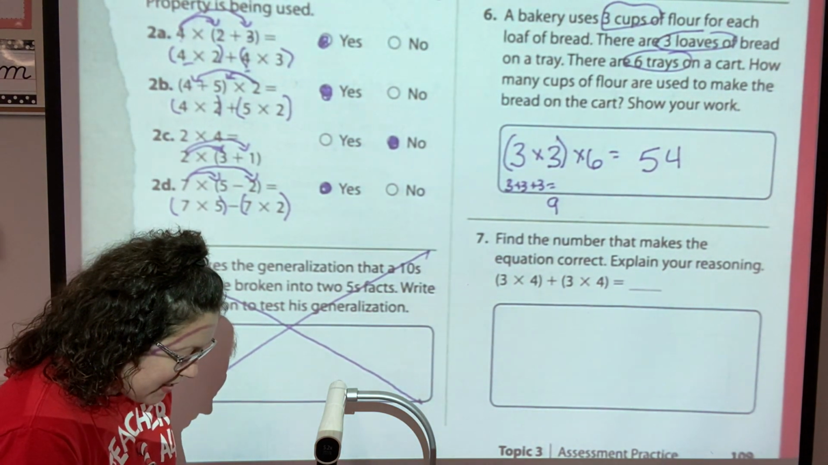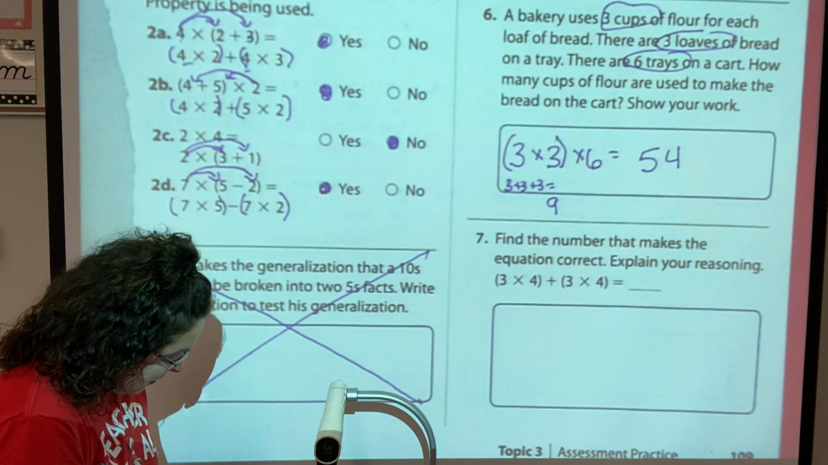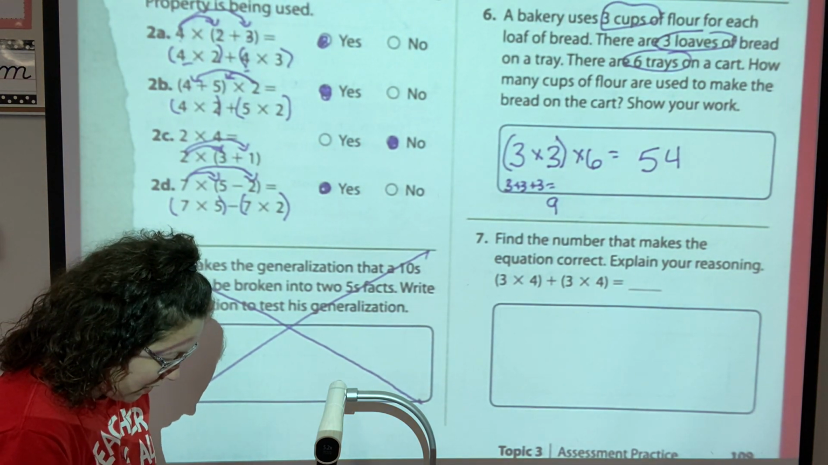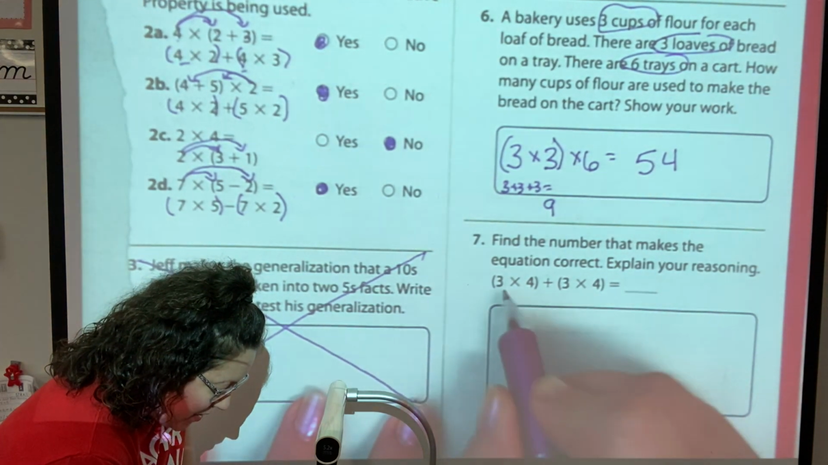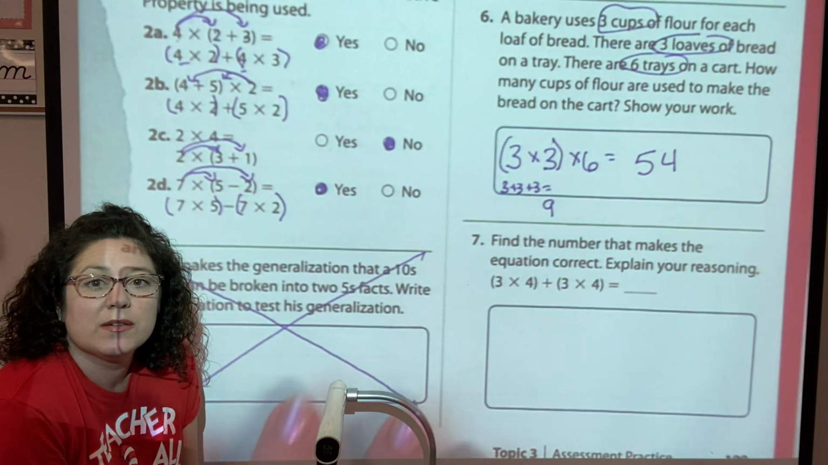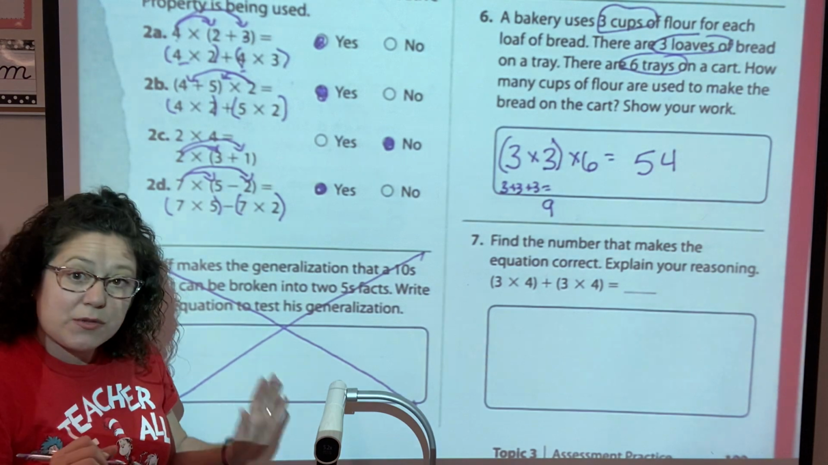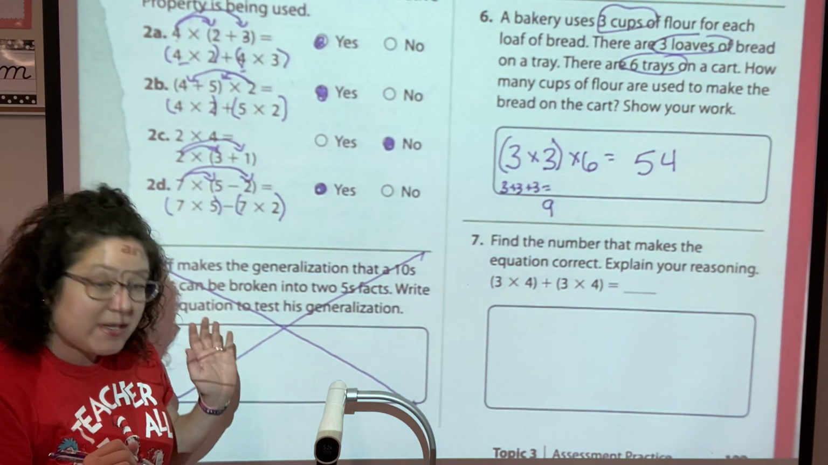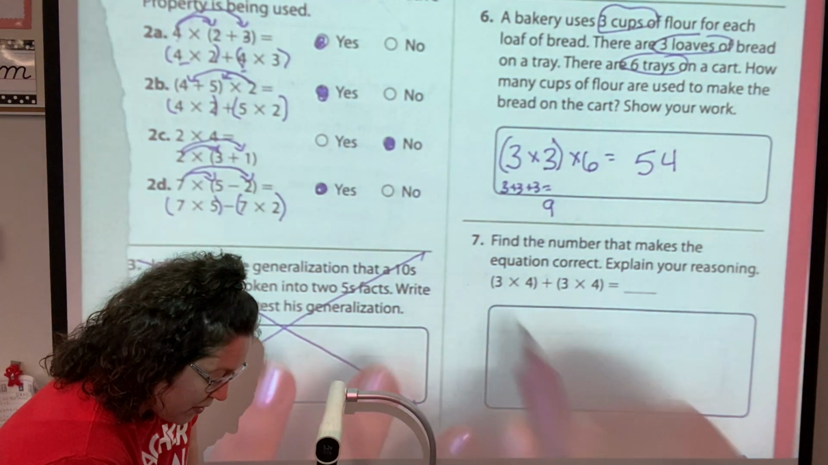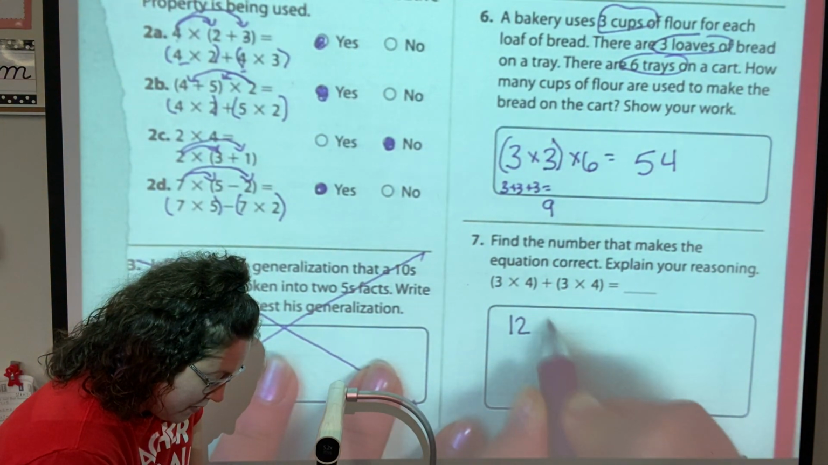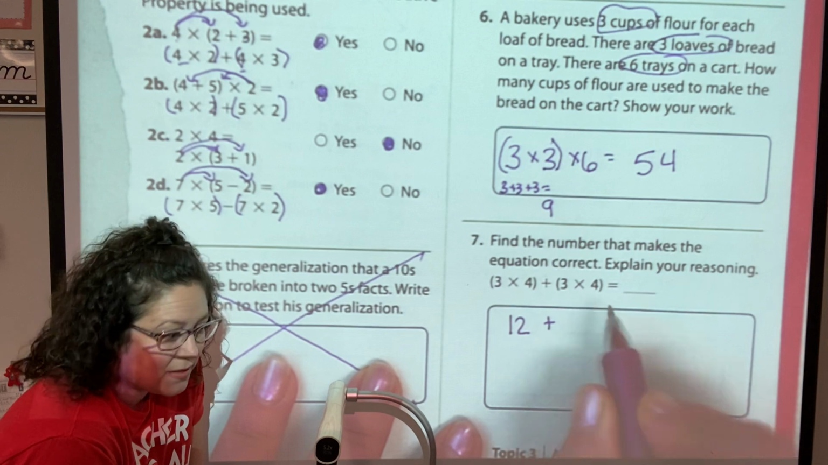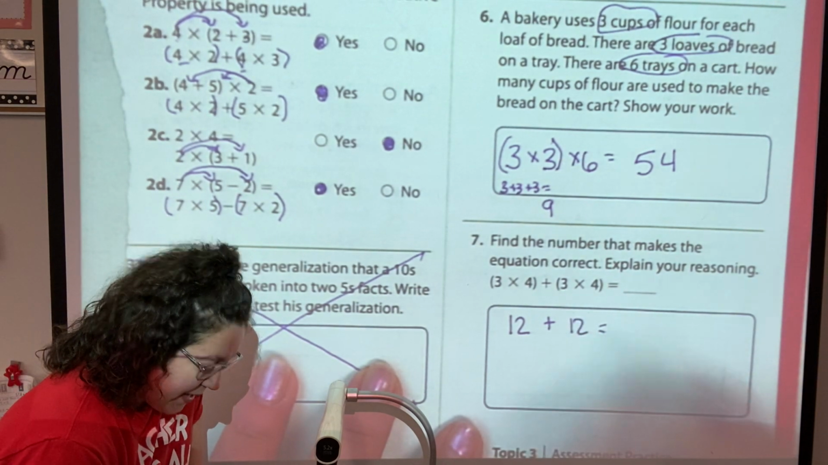Find the number that makes the equation correct. Explain your reasoning. All right, so we're finding our answer here. So we have 3 times 4. So you can do your times 3's trick or your times 4's. Times 4 is a double, remember? So 3 doubled is 6, and double 6 is 12. And then that's the same, because it's the same problem. And we get